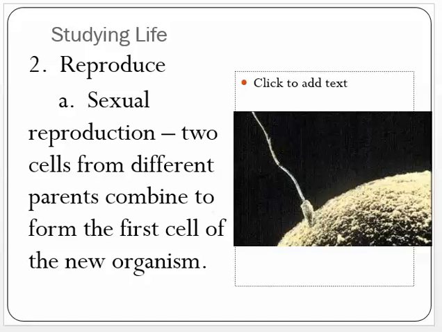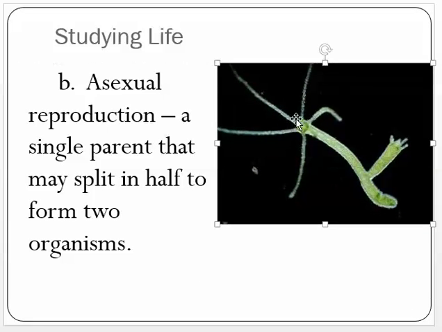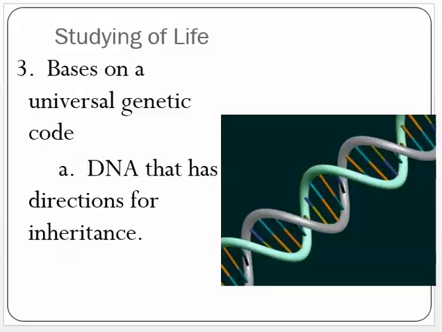The other type is called asexual reproduction. And in asexual reproduction, you only would have a single parent, and that single parent could split in half. There are certain types of worms that if you cut them in half, you actually get 2 worms instead of 1. This is a picture of a hydra right here. And a hydra, this is showing budding. So you can see the new life kind of budding off from the parent. They will have exactly the same DNA. They will be identical in every way. But that is asexual reproduction when it only involves one parent.